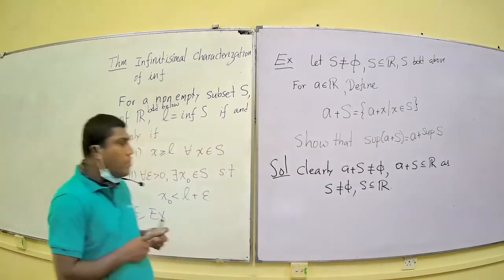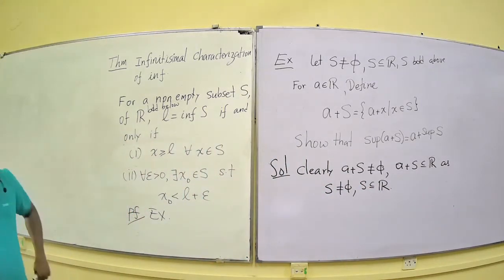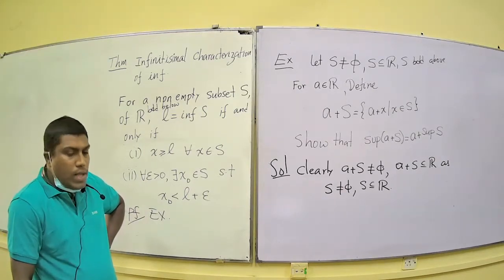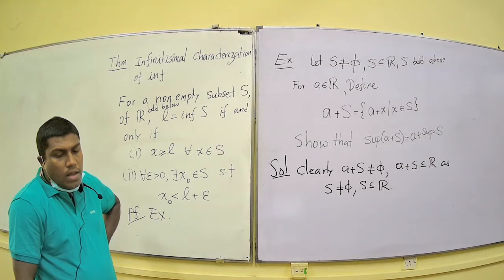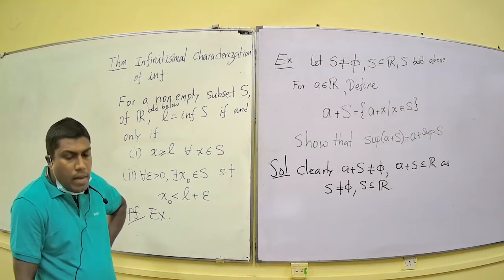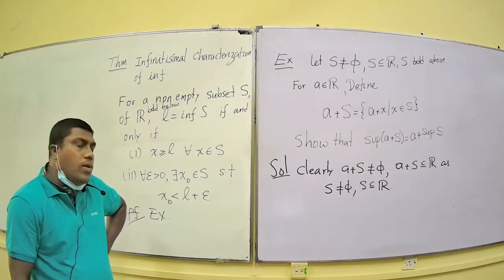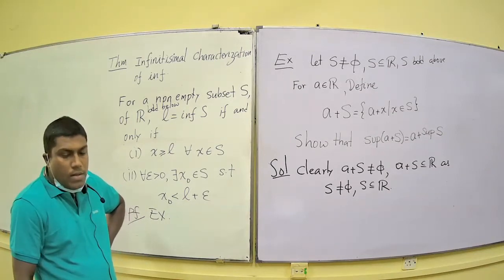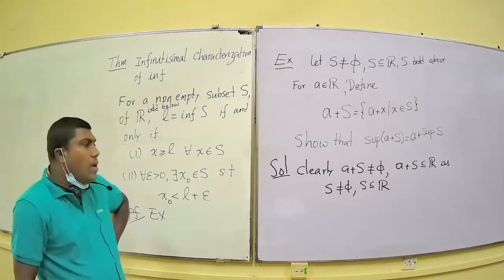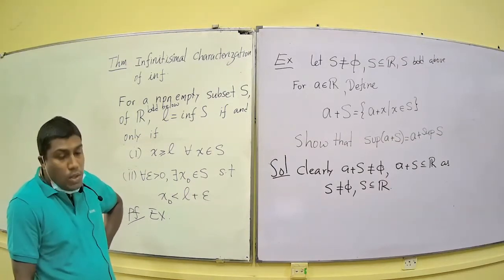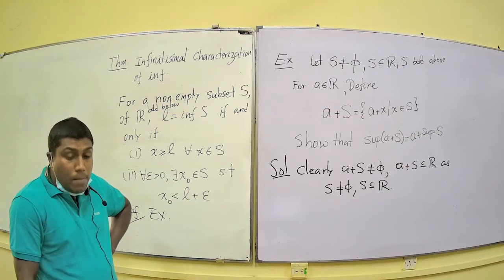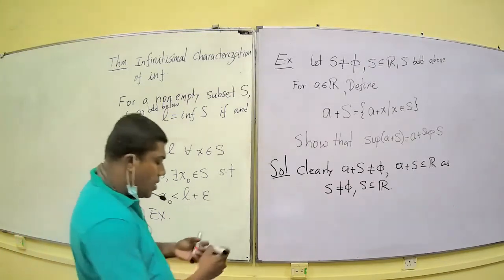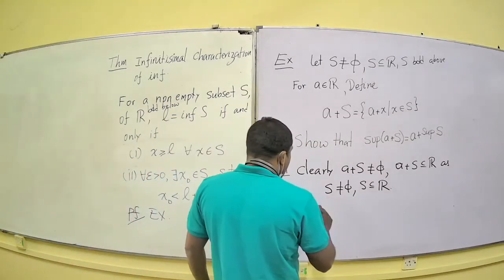you all know that A plus S is a non-empty set because S is non-empty. A is any real number, so that set is obviously non-empty. And S is a subset of real numbers, A is a real number, so obviously A plus S is a subset of real numbers. And then you have to show that A plus S is bounded above, then only you can show the other way around. So to start with,